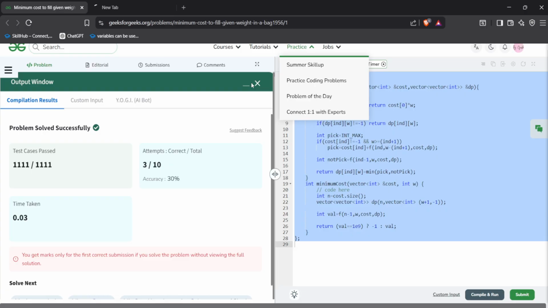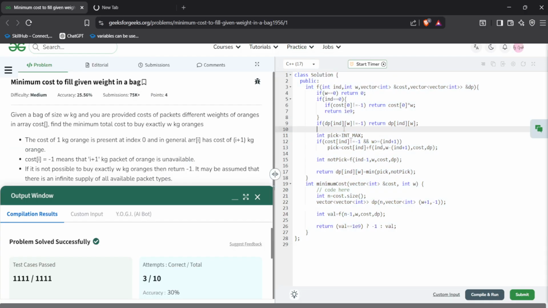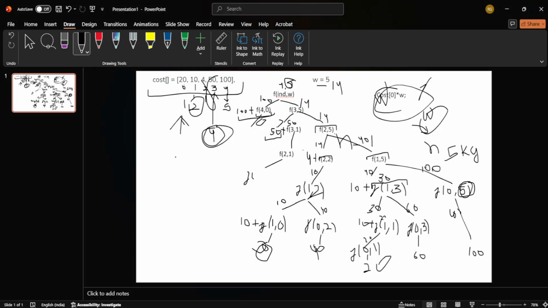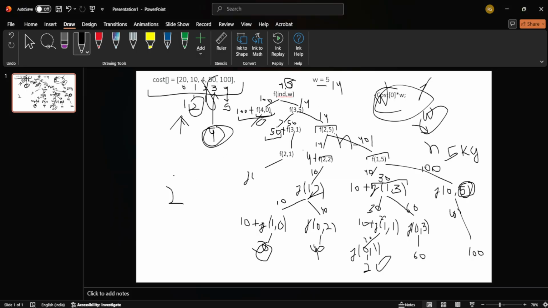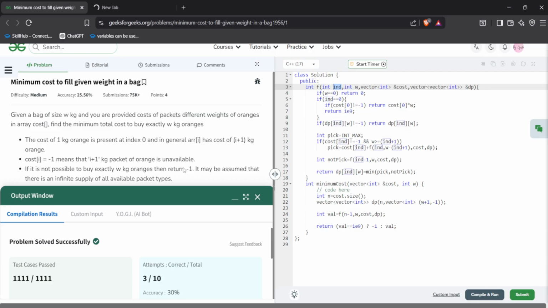If we talk about the time complexity, we are calling two functions, so the call goes to the nth index, which goes from 0 to n. And here is an infinite supply of